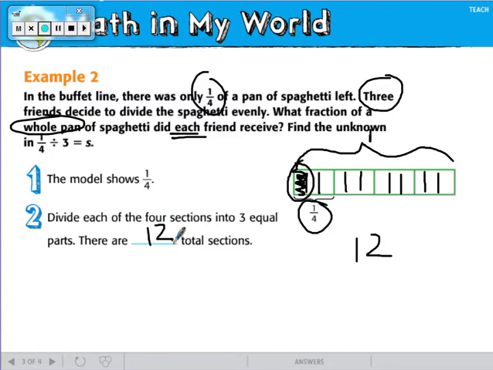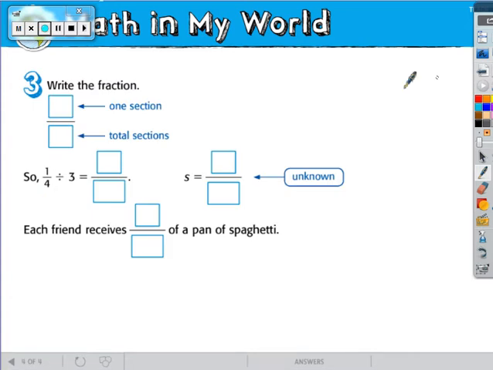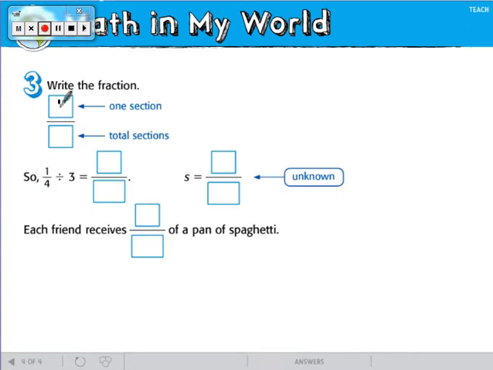Now, we have how many sections? 1. How many total sections? 12. So 1/4 divided by 3 equals 1/12. So S, our unknown, is 1/12. Okay? And then each friend receives 1/12. Look at, they're just having us practice writing 1/12, I guess. Okay? Now,